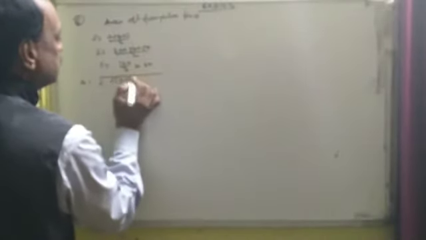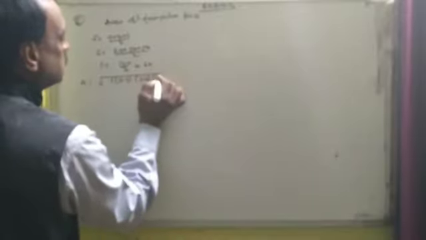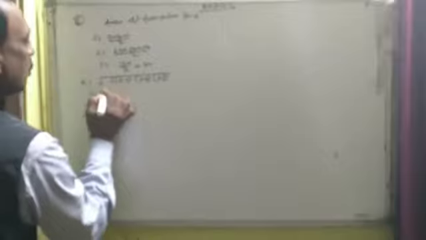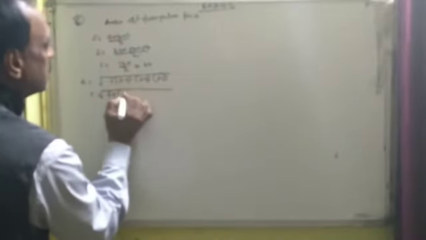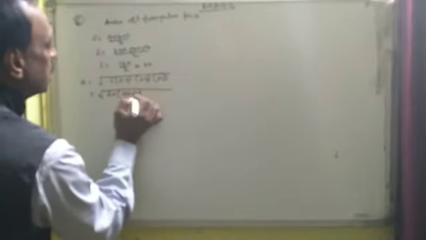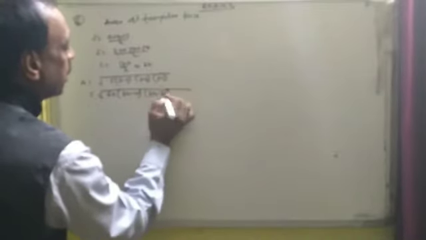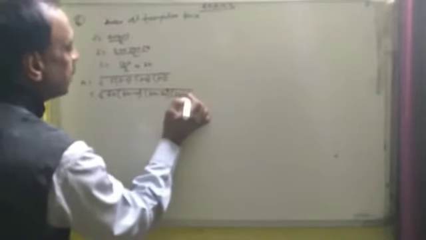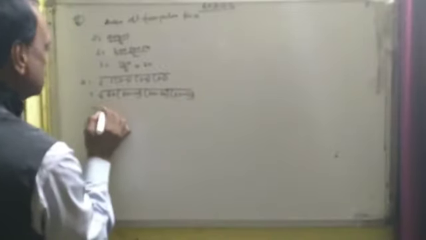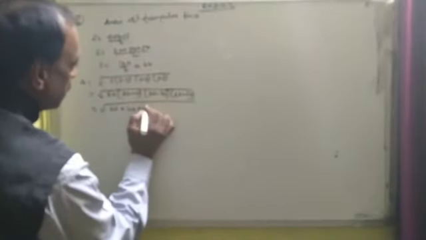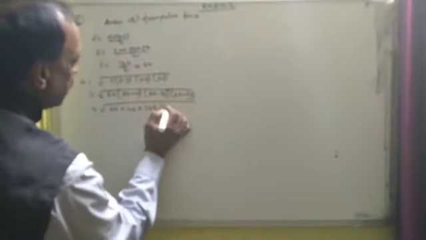फॉर्मूला में वैल्यू पुट करना होगा 60, 60 माइनस 20, 60 माइनस 50 एंड अगेन 60 माइनस 50, 60 minus 20 is 40, 60 minus 50 is 10 and 10।